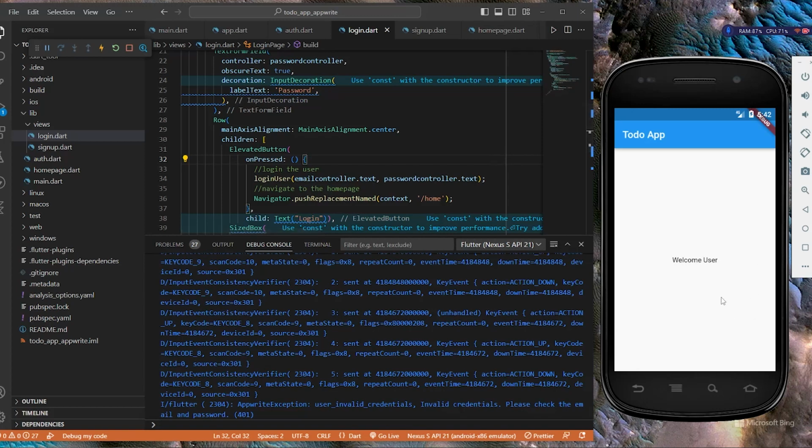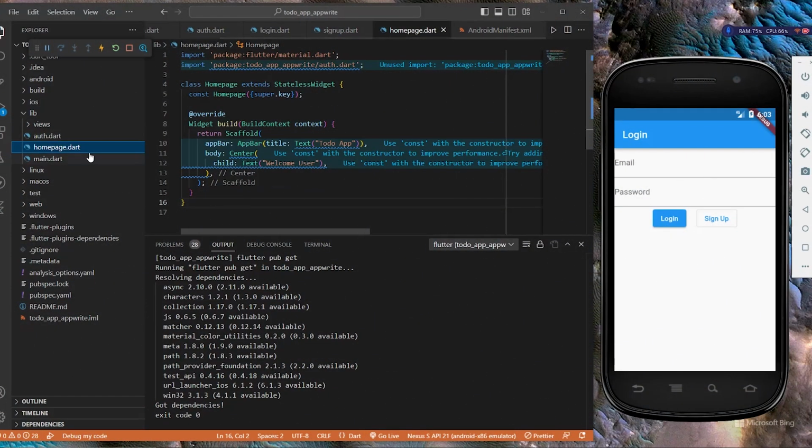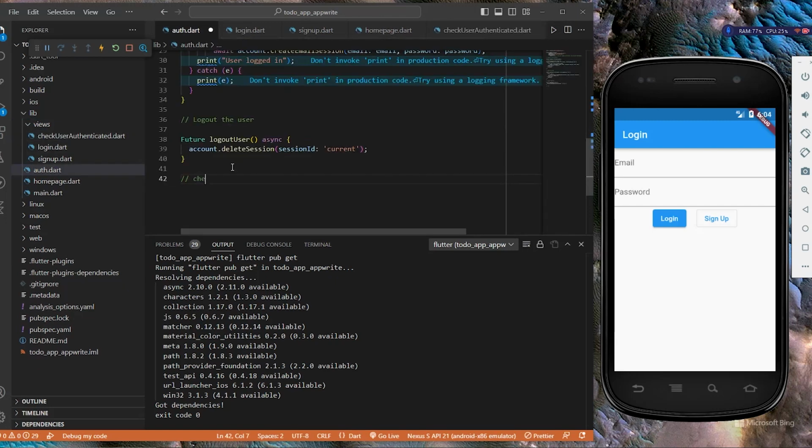Now, in our app, we don't want the user to log in every time to use our app. We can use sessions and verify whether the user is logged in or not. If the user is logged in, then we can send them to the home page directly. So let us now create a new file, check_user_auth.dart, where we are going to provide the UI for checking whether the user is logged in or not. Let us now go back to our auth.dart file and write the logic that will check if the user is